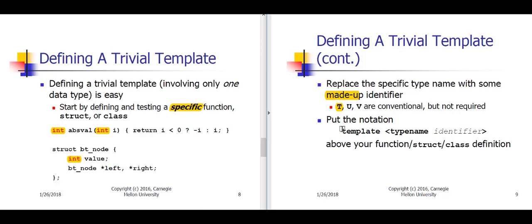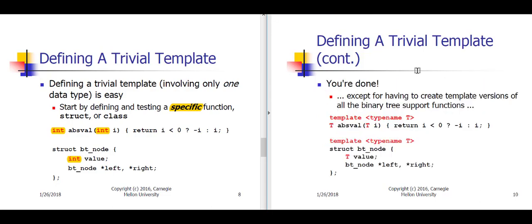And after you've replaced the specific data type in your function or structure, like int with T in absval or struct BT node, then you simply put the notation template type name identifier, in our case template type name T, above that function definition or that struct definition, and you're done. So here on slide 10, we show how we can convert our absval function and our BT node struct